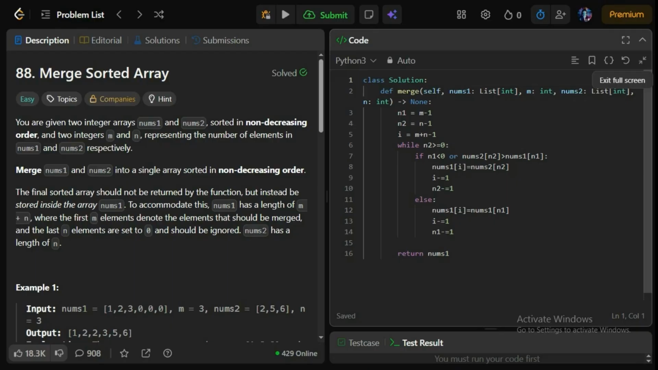So it's time for today's problem. Let's understand it. Today's problem is Merge Sorted Array. Here we are given two integer arrays nums1 and nums2, which are already sorted in non-decreasing order. And we are given two integers m and n, which represent the number of elements in nums1 and nums2 respectively. So basically we just have to merge nums1 and nums2 into a single array which we have to sort